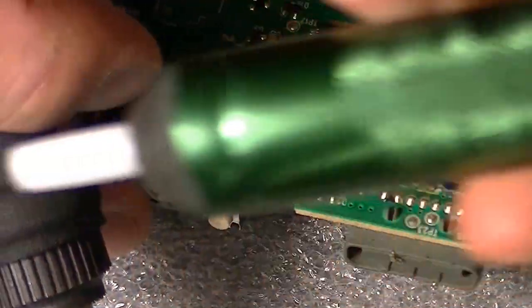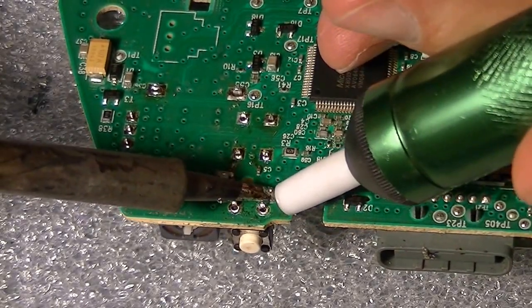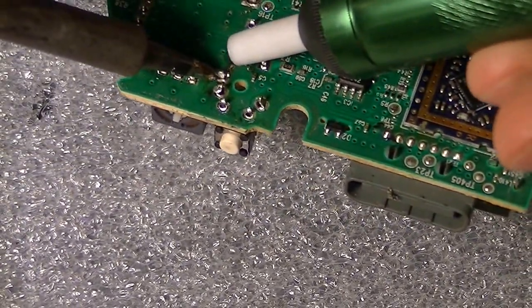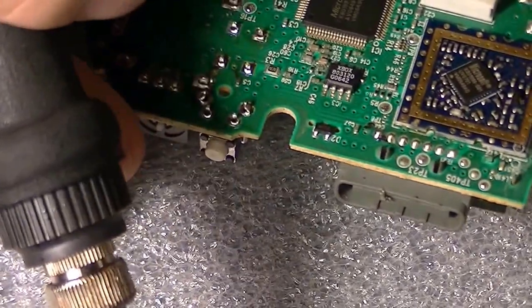You could pick one of these suckers up online on eBay for a couple of dollars, if you're looking to try to do it yourself instead of